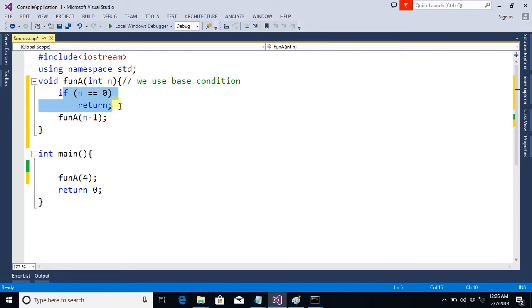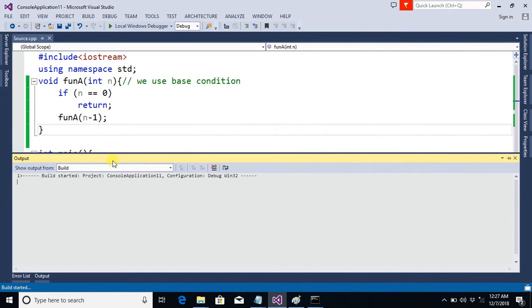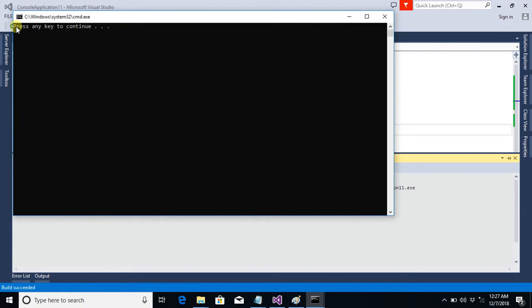Here 3 minus 1 becomes 2, then 2 minus 1 becomes 1, then 1 minus 1 becomes 0, and when n is 0 then this condition is true, and here we return from the function and this code will no more be executed. Here is the stop condition of the recursive calls. So this is recursion. If we call it, we do not have any infinite recursive calls.